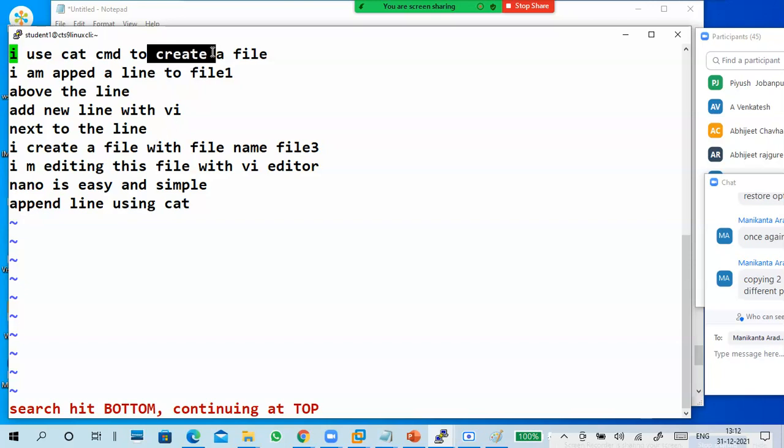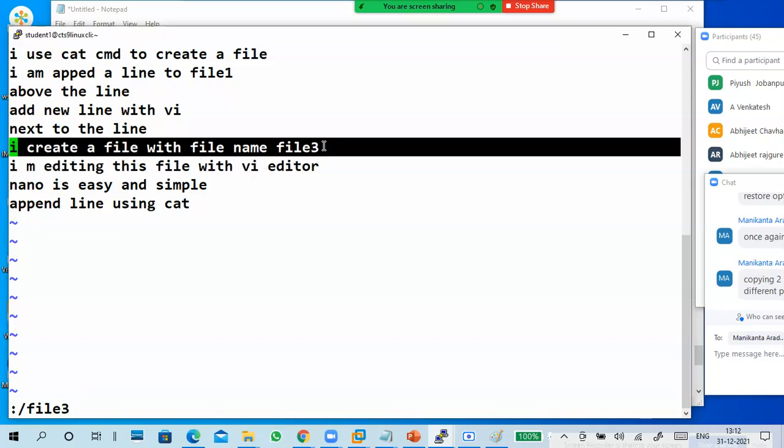See. Okay. Now I put my cursor at the top. Escape, colon, slash, file3. So where did the cursor go? The cursor went to this line only. See.